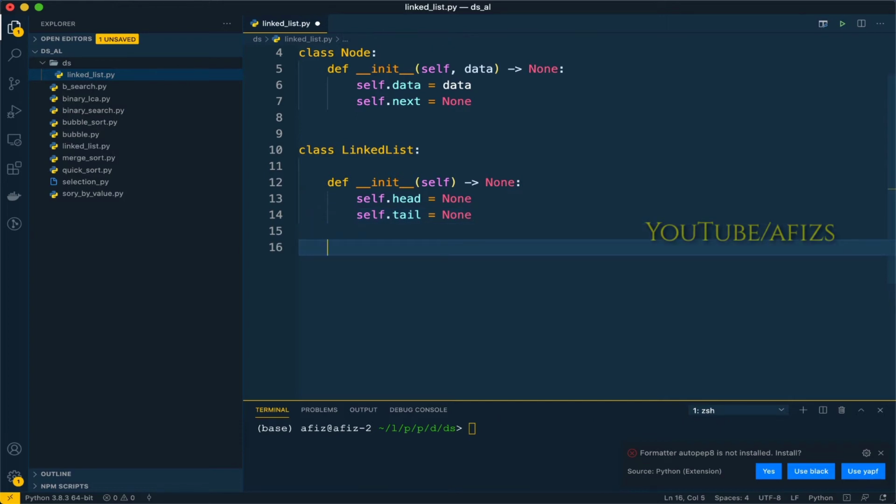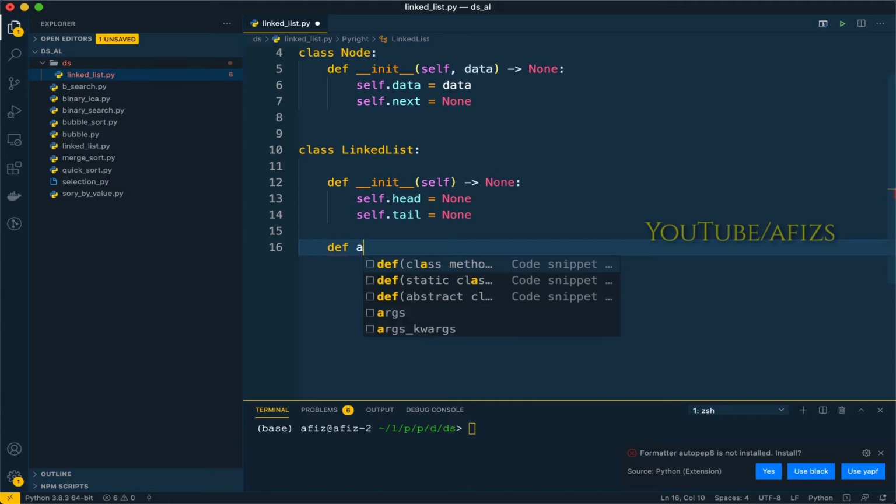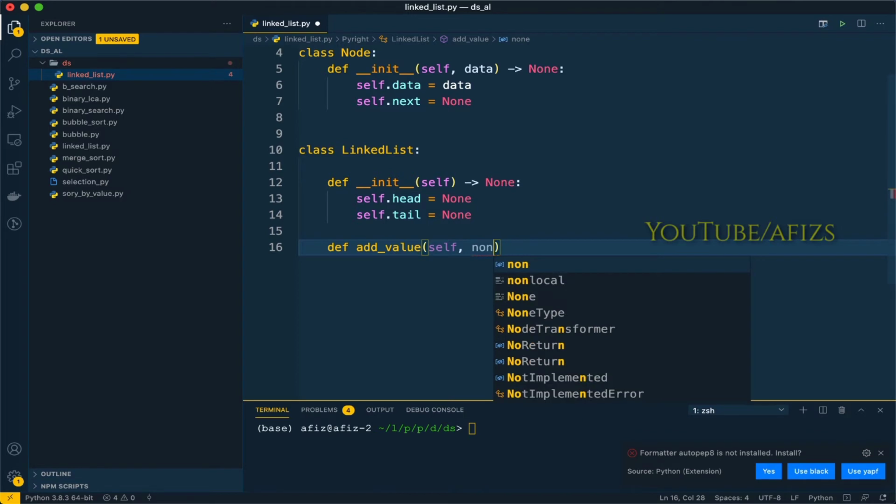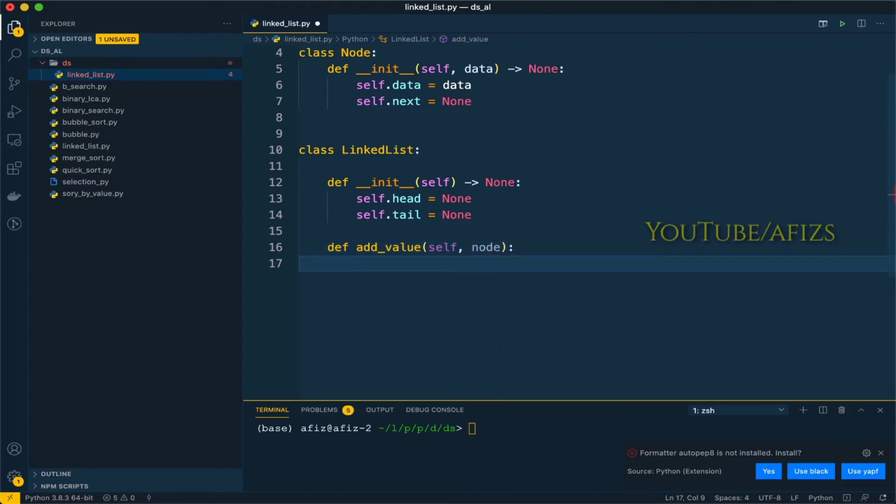Now let's say we want to add elements to the linked list. For that I will add an add value method, and for this one we expect a node as an input. First thing we have to do is check if the head is None or not.